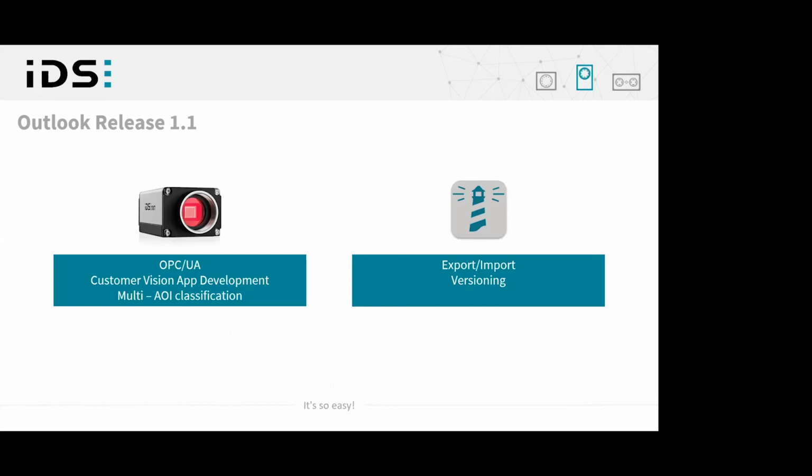This year we have release 1.1, and on the camera side, we will introduce a new interface. We will introduce OPC UA as an industrial protocol. We will enable, as I told before, that you as a customer are able to develop vision apps, and we will offer not only